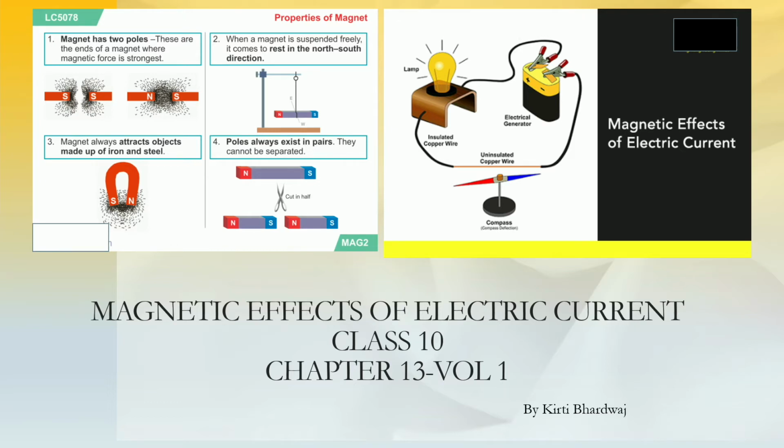Magnetic field is the region around a magnet where its magnetic influence can be experienced when any other magnet or magnetic material is brought near to that particular magnet. The direction and the strength of the magnetic field are represented by magnetic lines of force, which we are going to study further in this chapter.